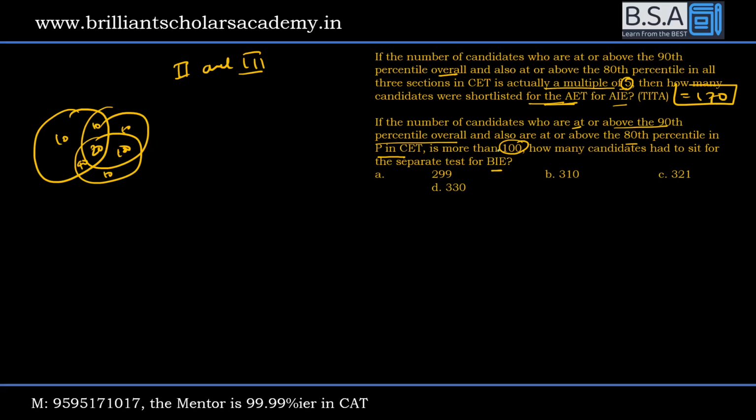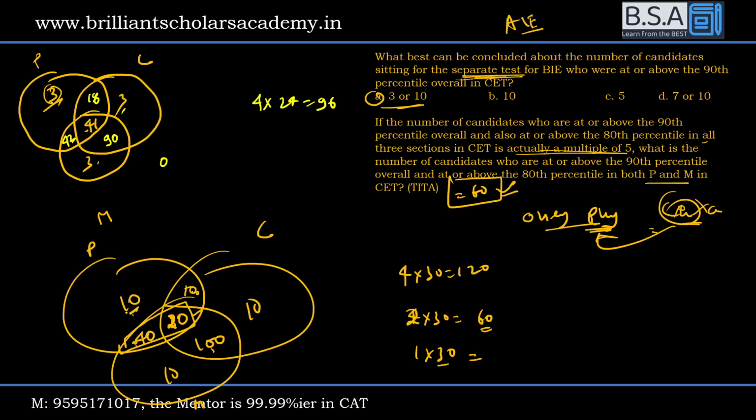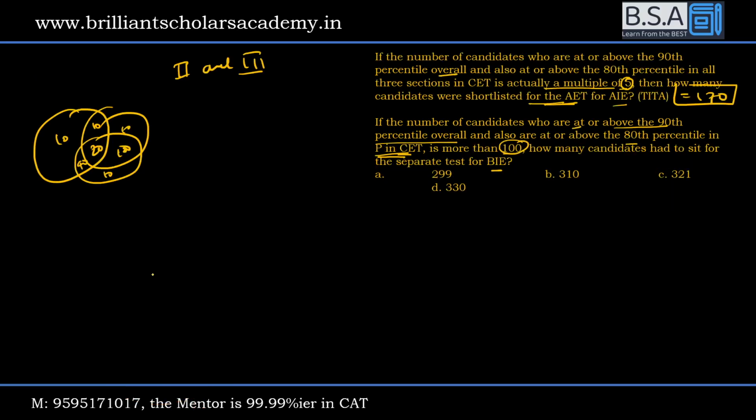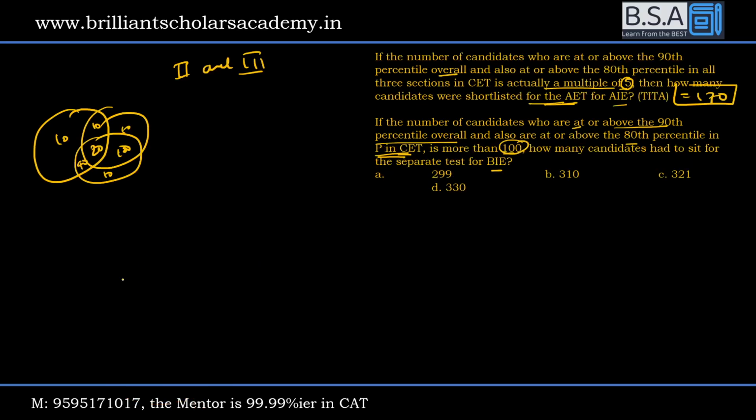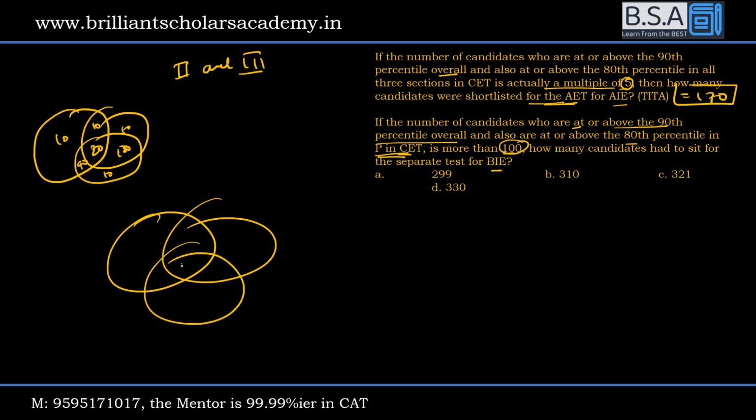ये मेरे को नहीं समझा। ये मेरे को समझा कि जो फिजिक्स में है CET में, उसमें 100 से ज्यादा लोग हैं। अभी इसमें कितने लोग हैं, 10 प्लस 10 प्लस 20 दैट इज 40 प्लस 40 80। फिजिक्स में 80 लोग हैं। फिजिक्स में मेरे को मोर देन 100 चाहिए, फर्स्ट कंडीशन, मोर देन 100 इन फिजिक्स। सो 18 प्लस 42 60, 60 प्लस 41 101 प्लस 3, यहाँ पर 104 लोग हैं। तो मुझे इस वाले डायग्राम के साथ काम करना है। फिजिक्स केमिस्ट्री मैथ्स, बीच में 41 है, यहाँ 42 है, यहाँ 18 है, 3 3 3 एंड हियर इट इज 90। क्या कंडीशंस है, क्या क्वेश्चन में कह रहे हैं,